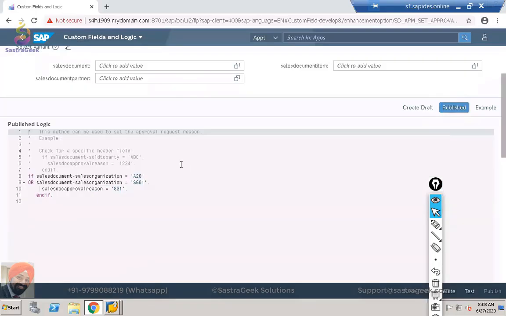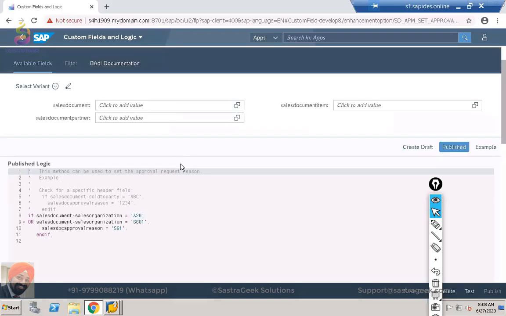Although the things are straightforward, it's kind of SQL coding which they have given. But when you need to write a little bit complex logic, you need to put it here. You need to take help of your developer, or your developer needs to actually write it. So what the system is showing here is the logic: if sales document, sales organization is A20, or sales document, sales organization is SG001, my sales order approval reason would